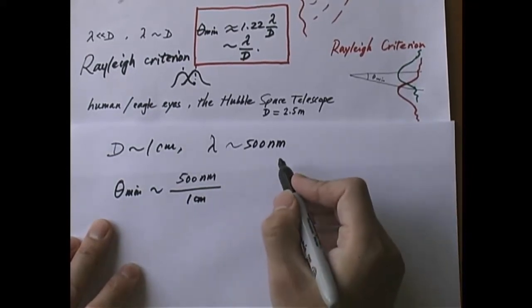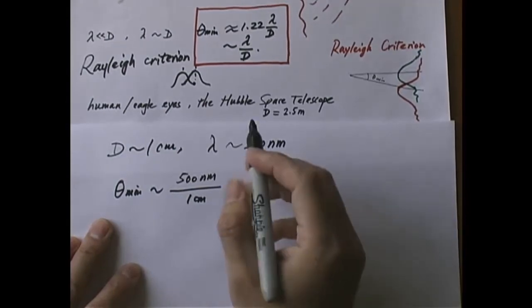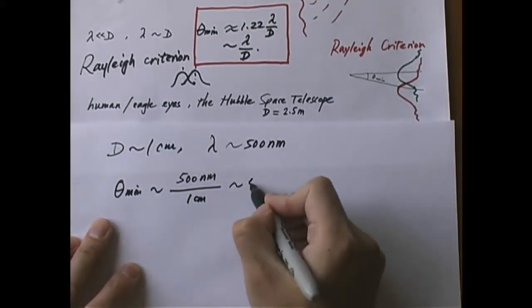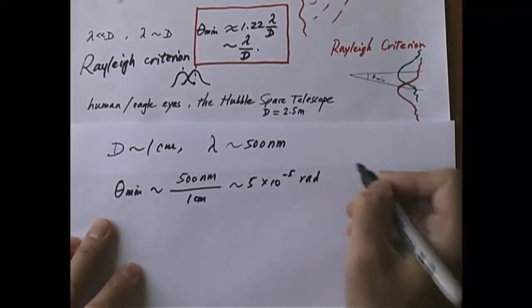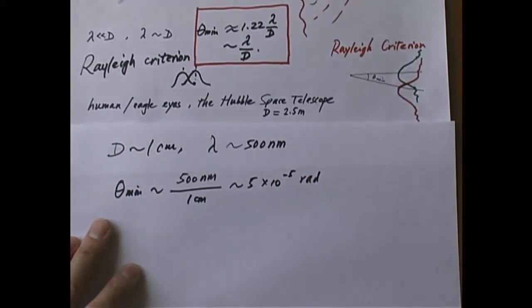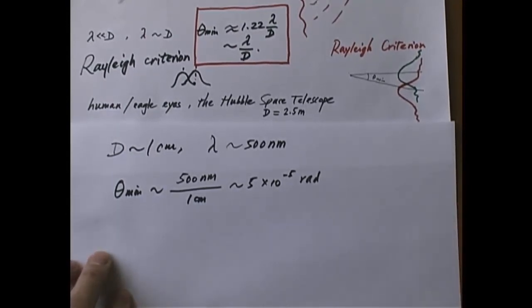Okay, and you do that, you find the answer is about 5 times 10 to the negative 5 radian. Okay, so this is the smallest angle an eye of a diameter 1 centimeter can resolve. All right. Now, in the case of an eagle,